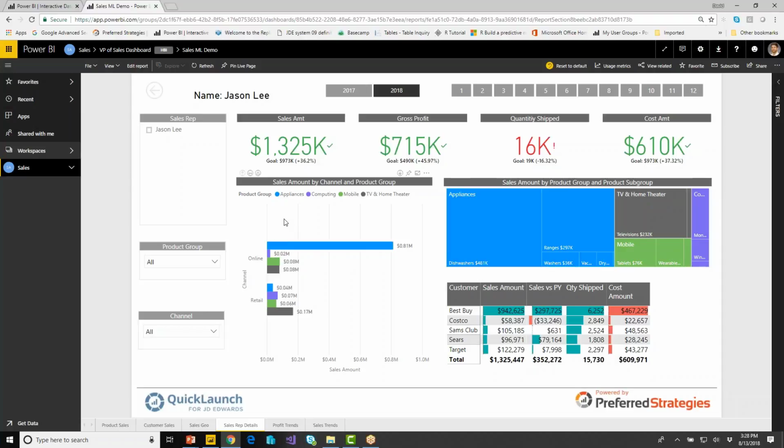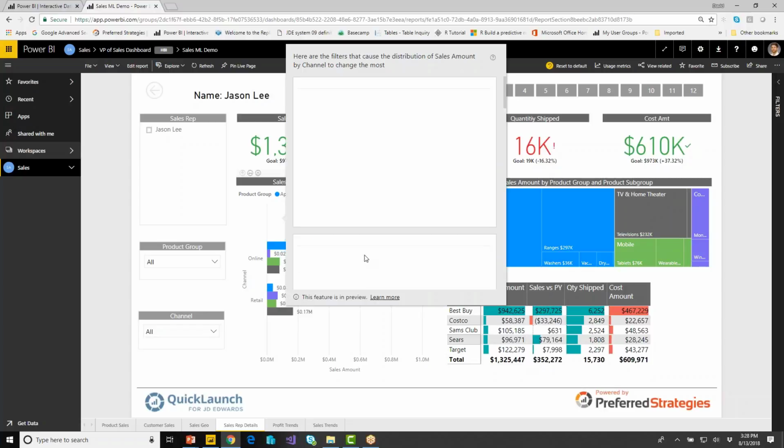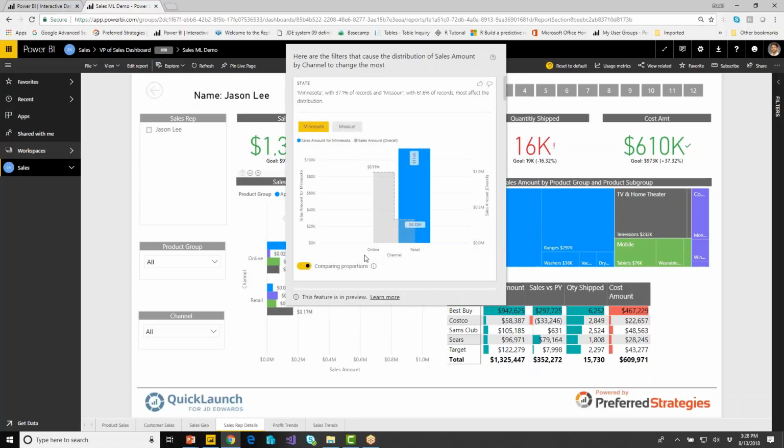If I want to get some further insights, I can right click on one of these visuals, and choose to analyze and then find where the distribution is different. What this is going to do is run a couple algorithms over our data set and find some fields or dimension filters that cause the distribution of sales amount by channel to change the most. For instance, in this first one that was created, we can see that Minnesota has about 37% of our sales, and Missouri is about 61% of sales for Jason's performance. And if we check out